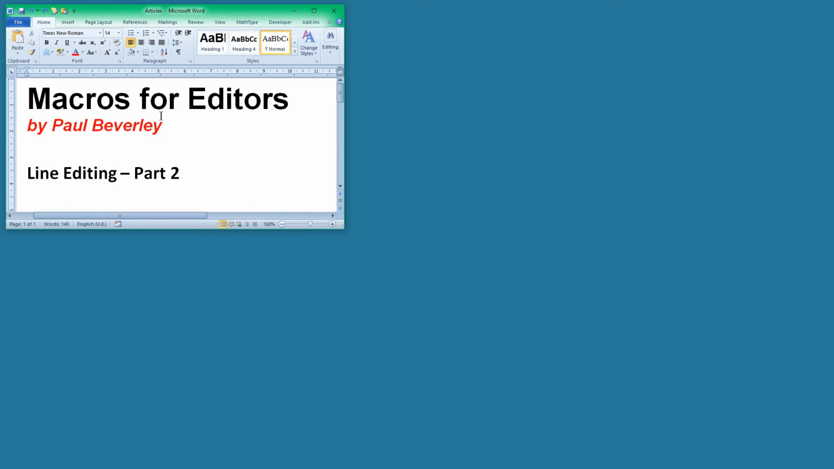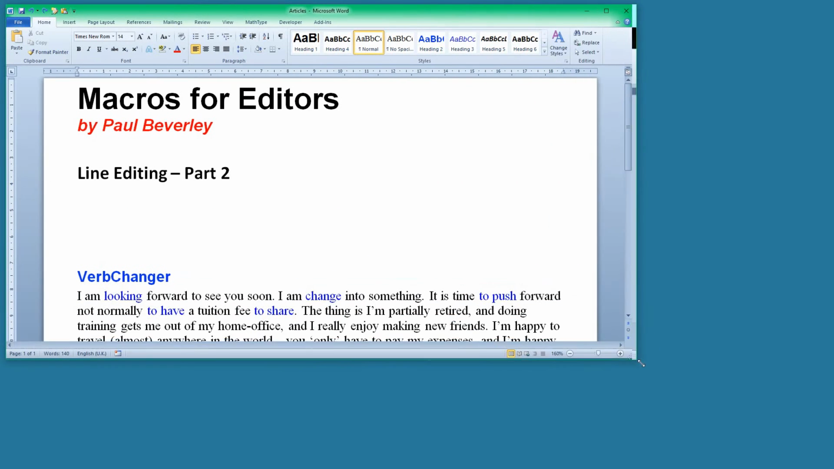I have a couple of new macros this time, both of which are based on earlier macros, and both demonstrate the principle that I try to apply, which is to use one single macro to achieve a number of different edits, and this means having fewer keystrokes to remember. So the first macro is Verb Changer,